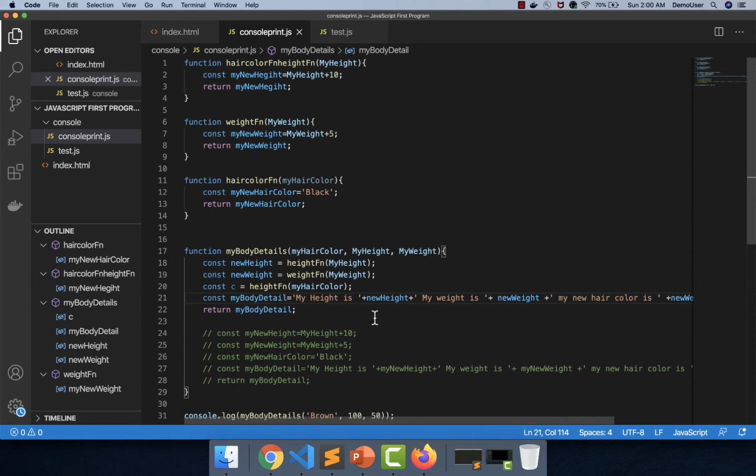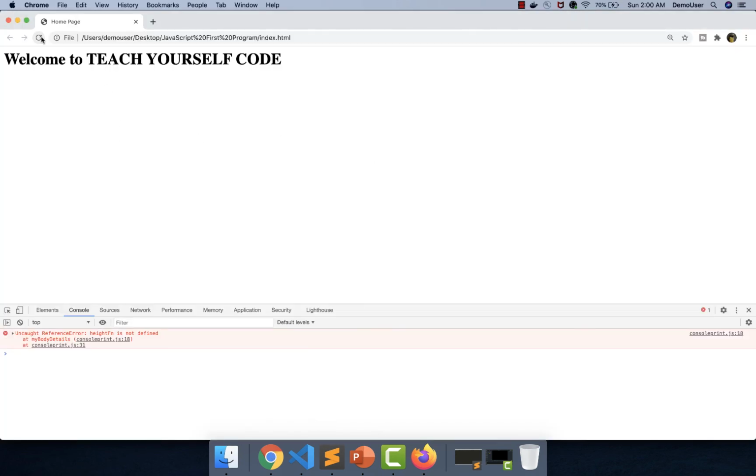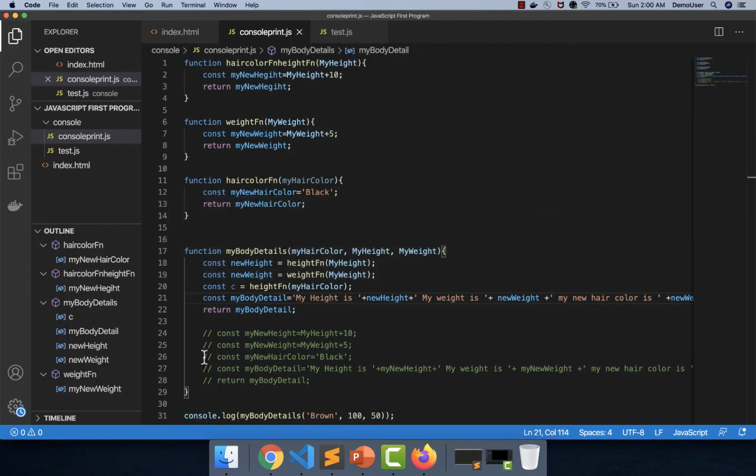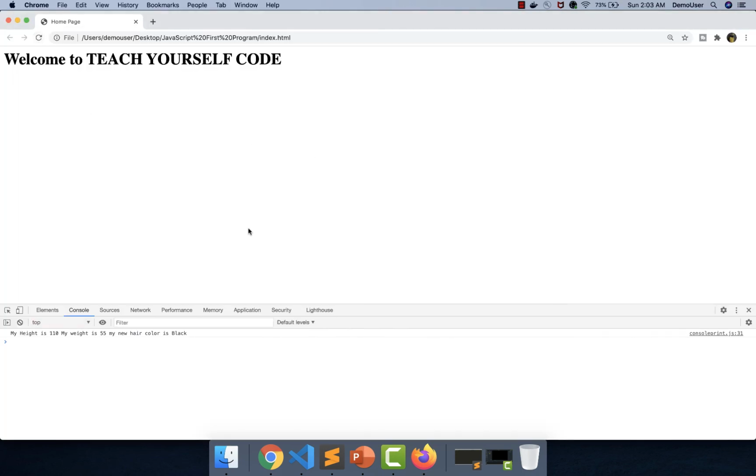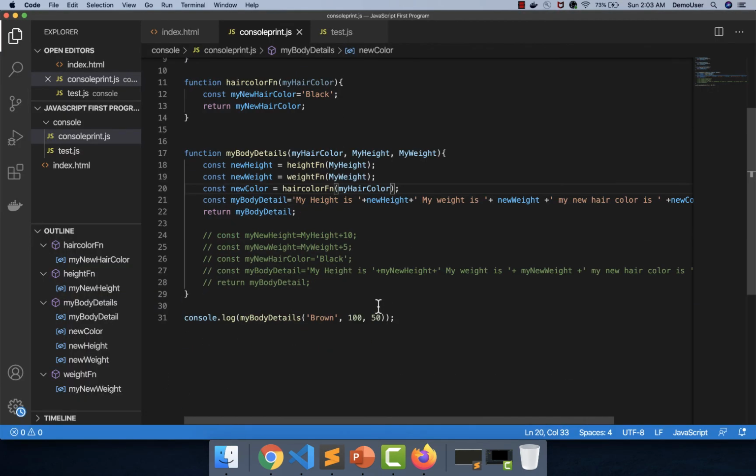Let's try to run and see if it is working. We'll see in the last what we have done. I just want to see it is working correctly or not. Just refresh it. And there is some problem here which says height. Yes, and yes, it is working now. So now we'll see what we're trying to do here.